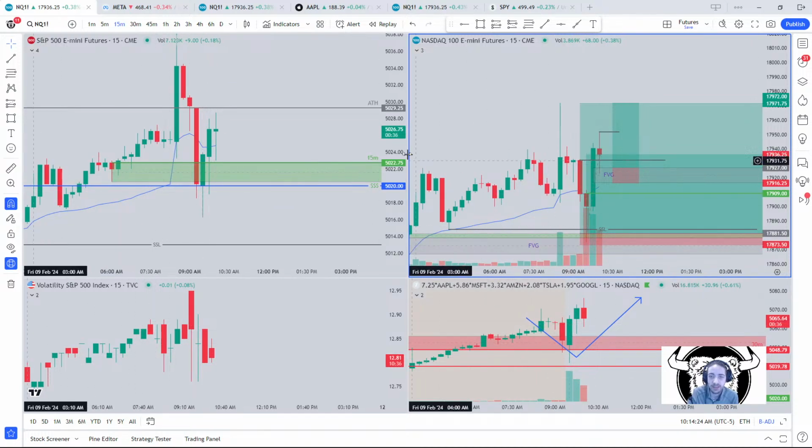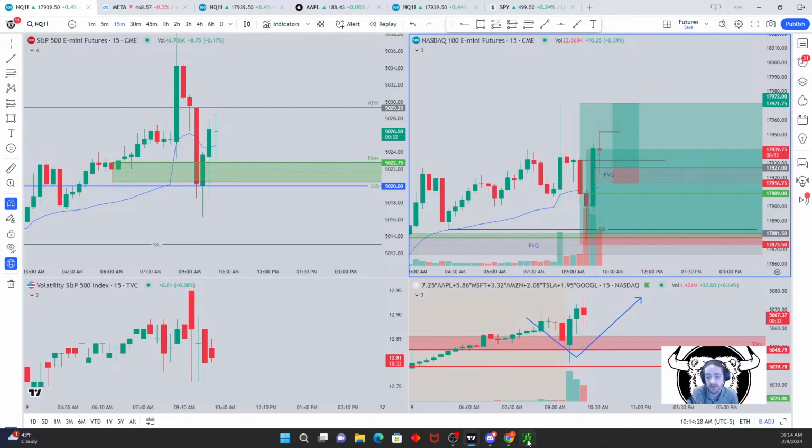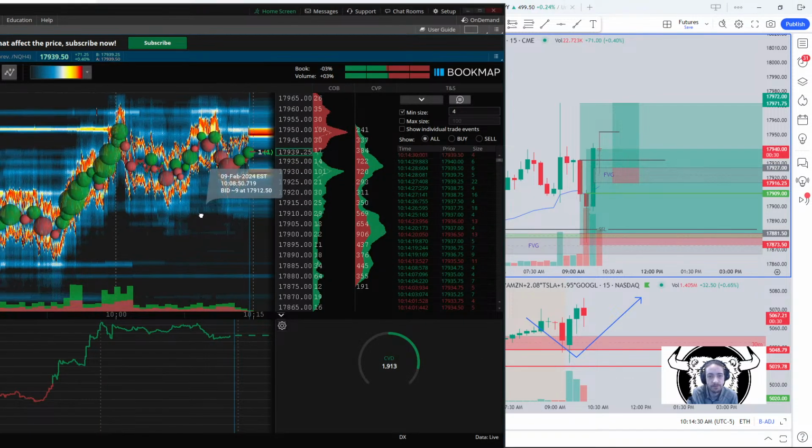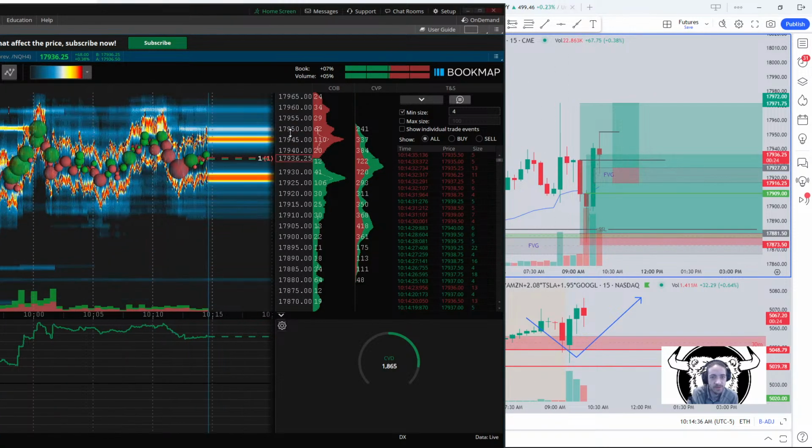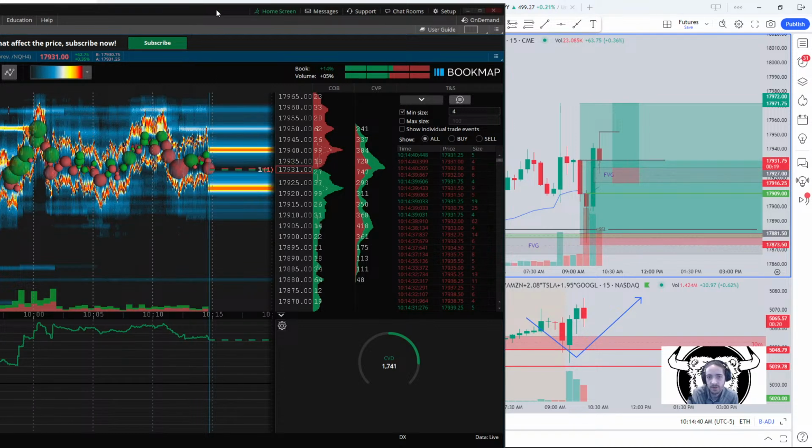Want to see the weighted indices push back higher too. Want to see our equities doing well. Where's our Bookmap? Bookmap still pushing higher. Trying to push higher. 25 seconds left. Some sell orders coming in. Be careful. 18, 20 seconds. 15 seconds. CVD has dropped a bit.